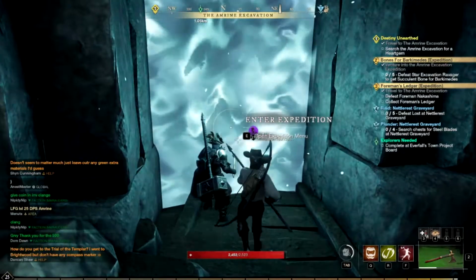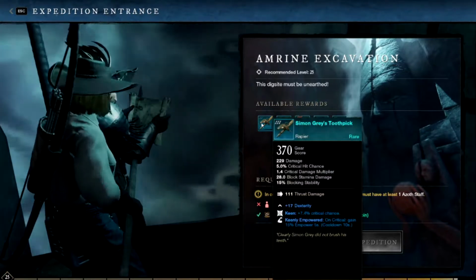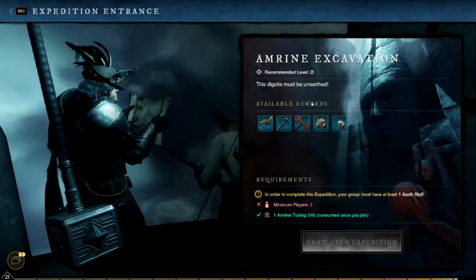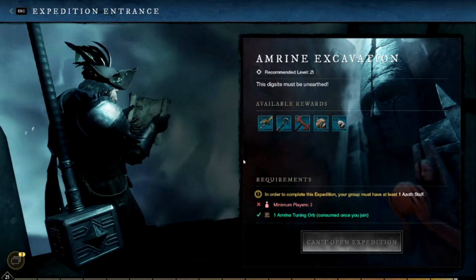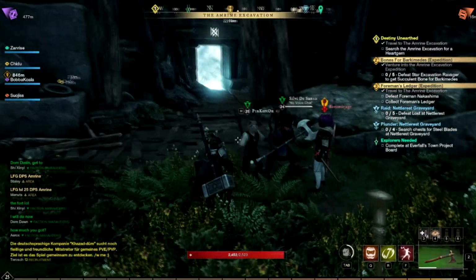Alright, so here we are at the entrance, and when you walk up to it and open it up, it shows you the list of available rewards. I'm pretty sure these aren't all the things you get in here. I think these might be the top tier pieces of gear that you get. So there's a staff, a rapier, a great axe, a ring, and a necklace, but you do get other